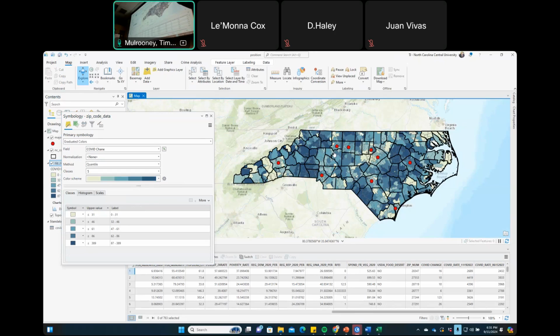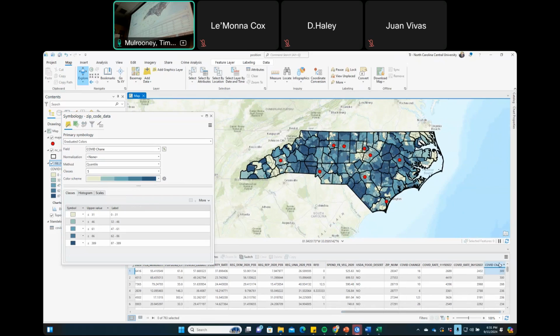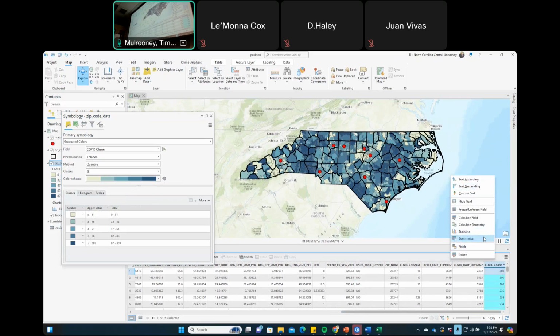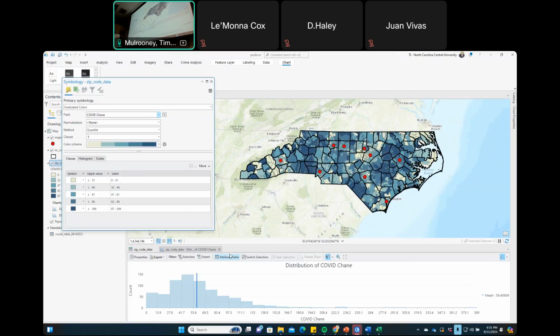What's the word range mean? What's that? Max minus min. What do you notice about the range in the middle here? 14. What's the range over here? Almost 300. What's the range here? Twice that of the middle. Okay, so really, it looks a little kind of wacky here, because our ranges, if I right mouse click and click on statistics, and this is where we can start to get into some exploratory data analysis.